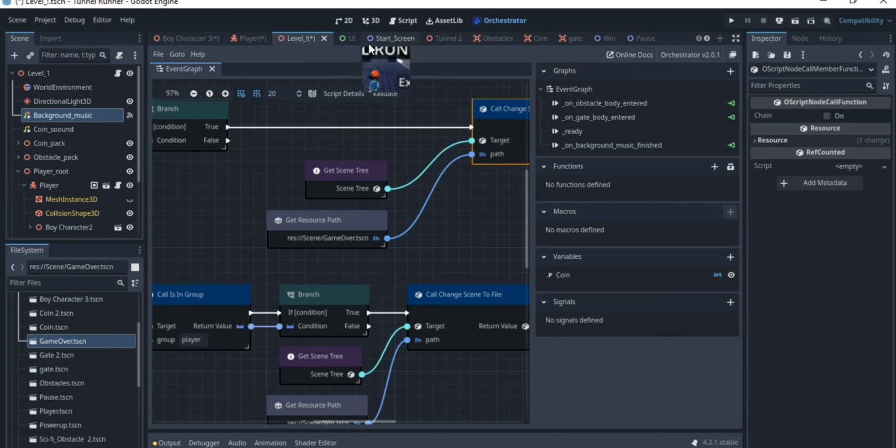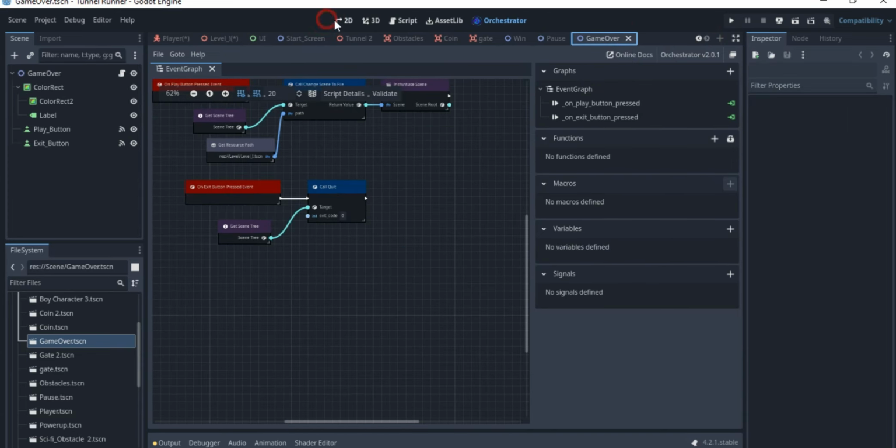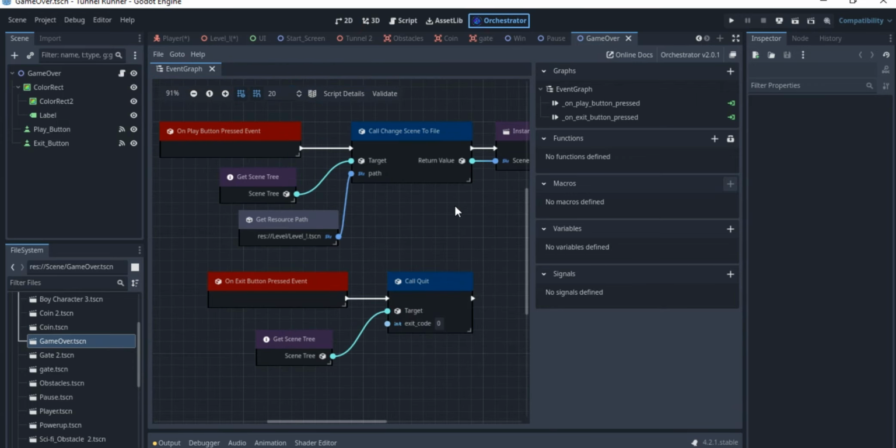Look at the game over screen. Let's see where we'll have it. Okay, that's it here. So we'll have the game over screen here. To be able to trigger this game over screen, what we had to do was we told